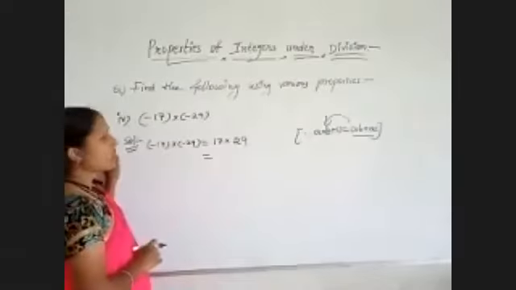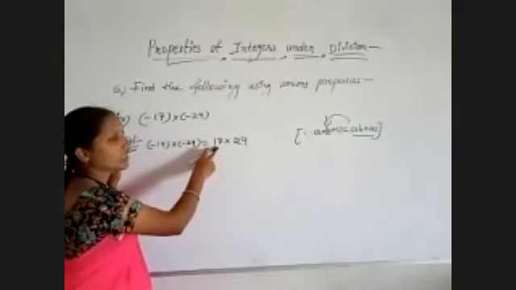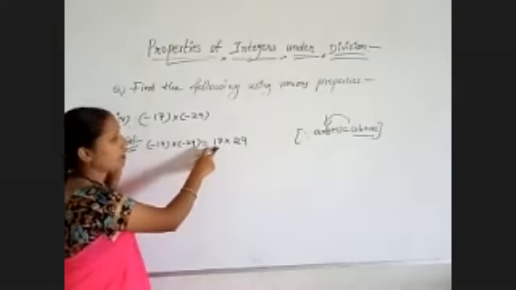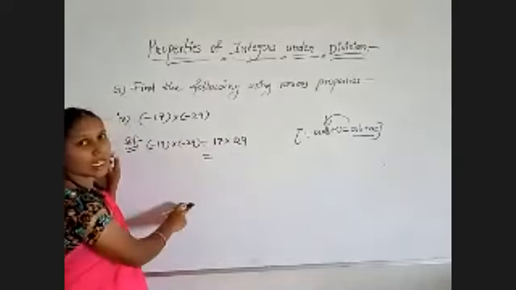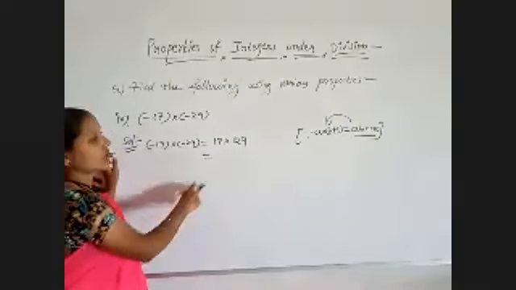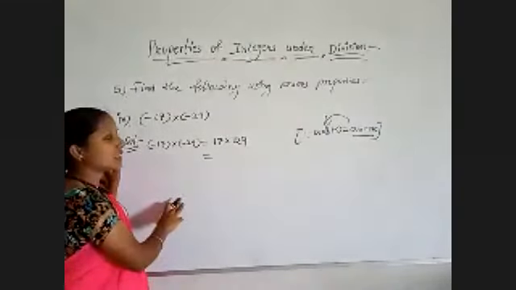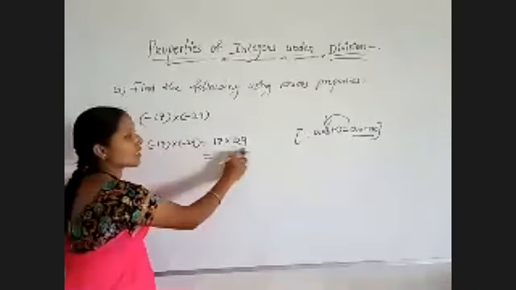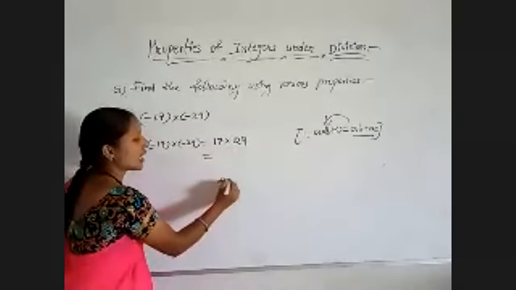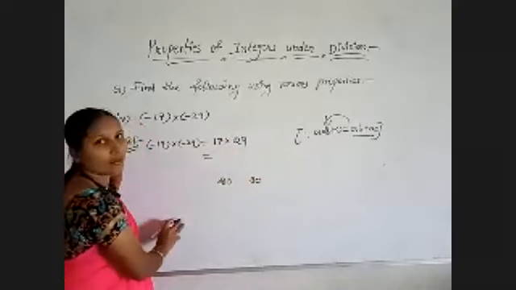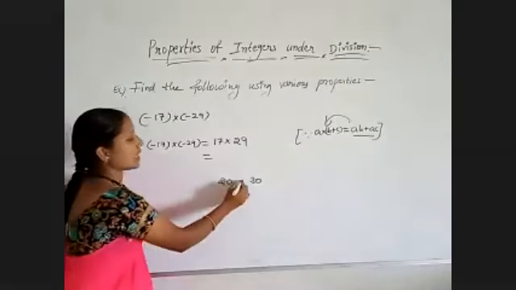Now, whatever you want to expand, use the expansion. If I am going with 17, 10 plus 7, then 10 into 29 is fine, but 7 into 29 again will take some process. So instead of that, go for the next number, 29. We can write 29 as 20 plus 9, but with 9 that will be difficult. 29 lies between 20 and 30, so take the nearest value.